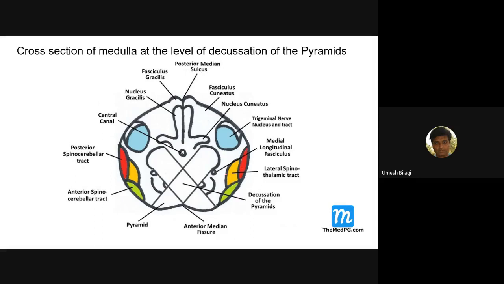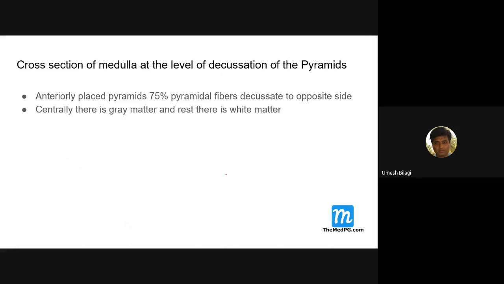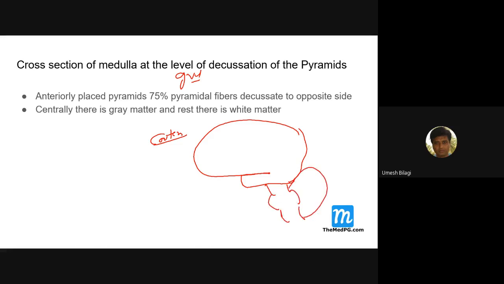Next. Now this is the level of pyramids I discussed. One more thing at the lower level of the medulla oblongata. Whenever you go into the brain, the upper cortex and all that, the gray matter is outside and the white matter is inside. Am I correct? In the cortex of the brain, for example, this is the brain, the brainstem comes here and the cerebellum comes here. Here, in the cortex, the gray matter is almost outside. Inside, you get white matter.